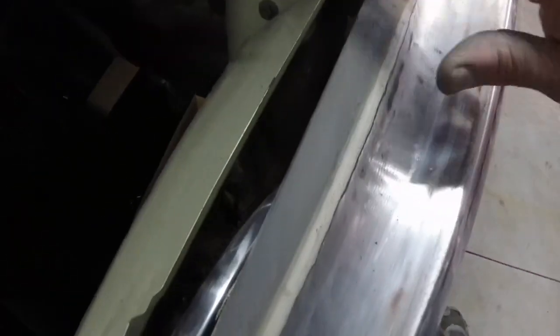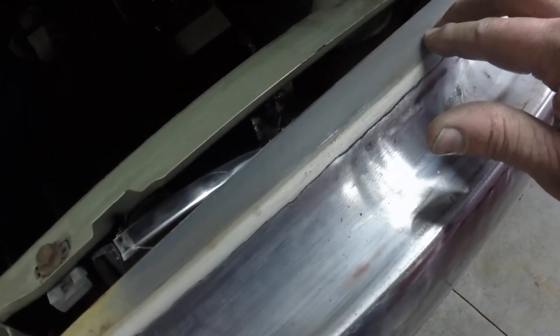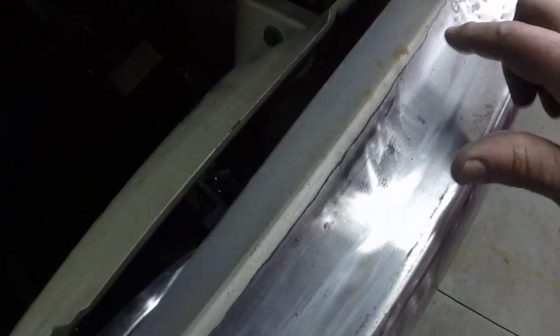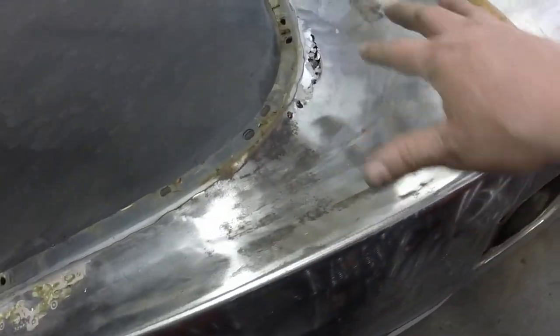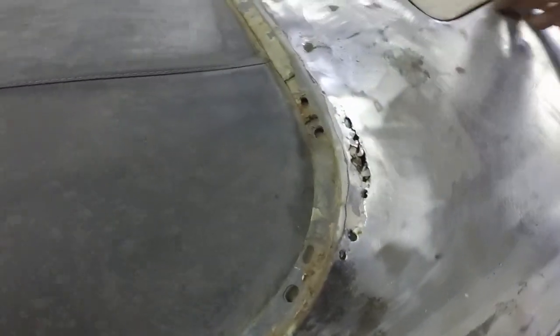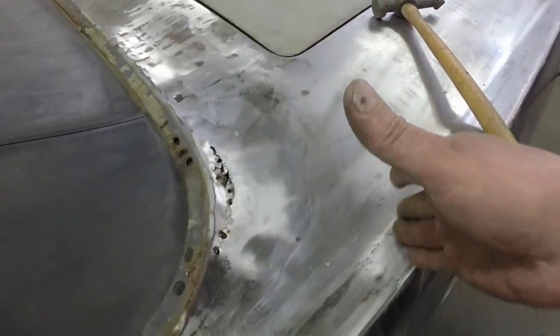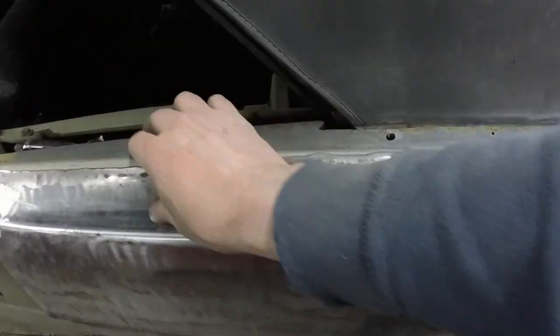fix it properly. This side I was able to get this molding off because the panel's off, so I could get to the screws. But you can see this primer here. See how that's original body color? They must have taken the trim off when they fixed this before, because this black primer, if you look in the past videos, was showing in areas on here, and there in areas that black primer only came right around into here and went all the way across, and about the same on the other side, and was just in